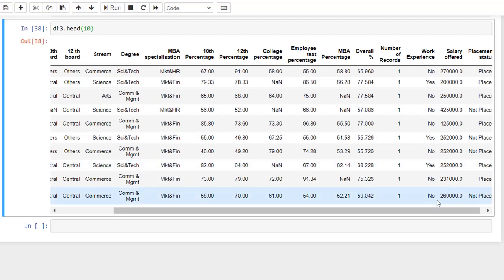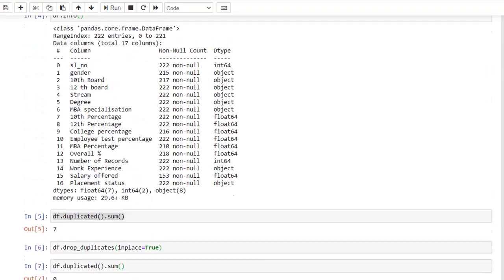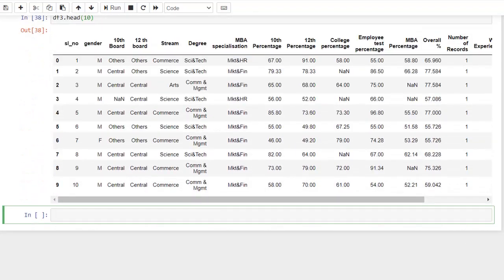Another thing is, if you have missing values in the last row, this backward fill method will not be effective, right? If the last row has a missing value, it cannot fill the same value to the previous row. So this backward filling method fails when you have missing values in the last row. So we have seen different techniques for handling the missing values. Now after completing this, we can store this data frame as a new file. You can store it either in an Excel file, or in a CSV file.